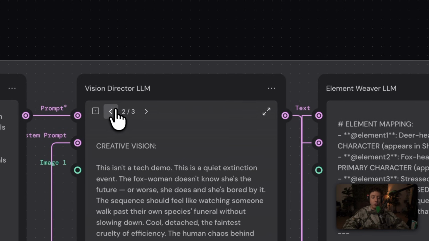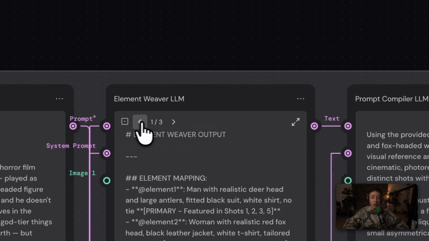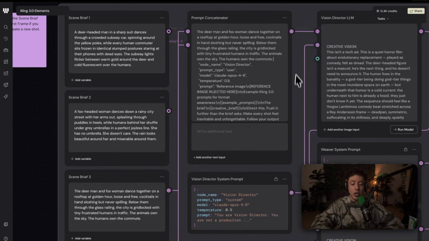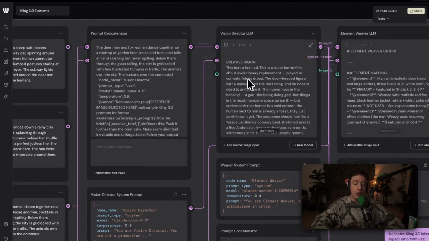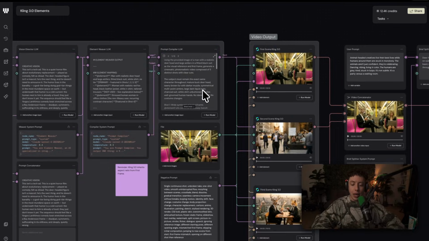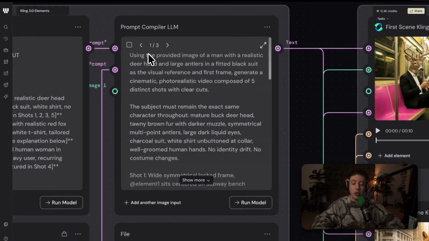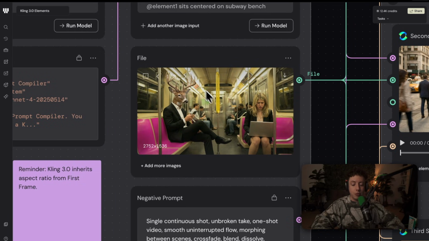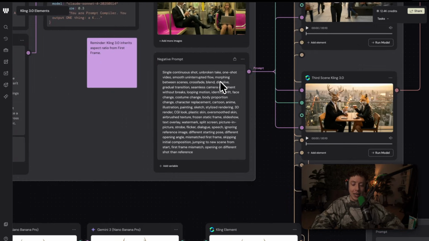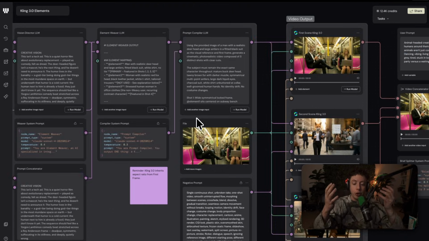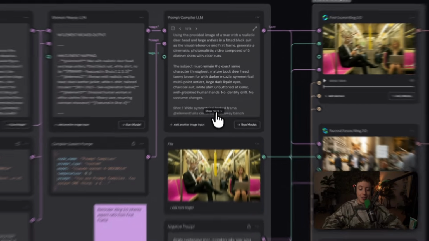And then here I've got 3 different prompts. So every time I connect a new scene brief, I generate that, and as you can see here, I did that 3 times for my 3 different briefs. I thought I would just leave that in here for you guys so you can see how I do it normally. And so when I create the first video, I use the first generated prompt together with the first frame. And then I also added some negative prompts, and to ensure that we're also triggering the multi-scene